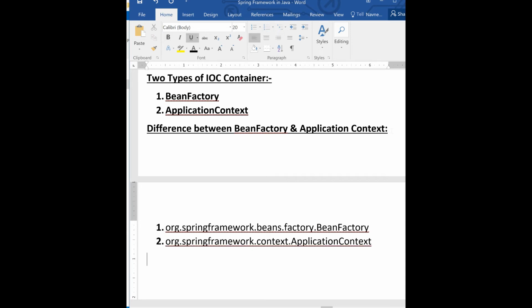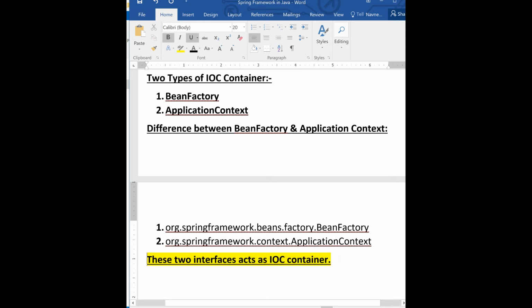We have two packages, and both of these interfaces act as IOC containers. Always remember these two are interfaces, and they act as a container. What container? IOC container.